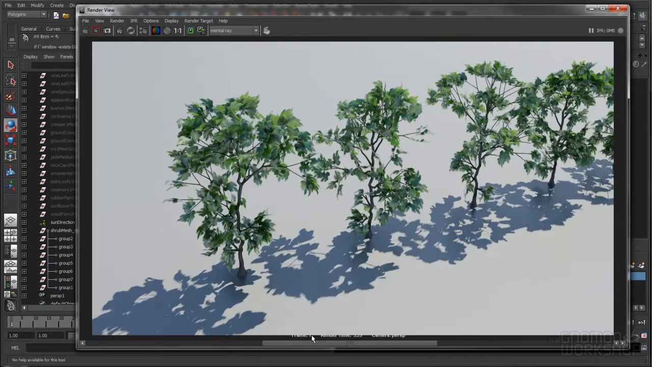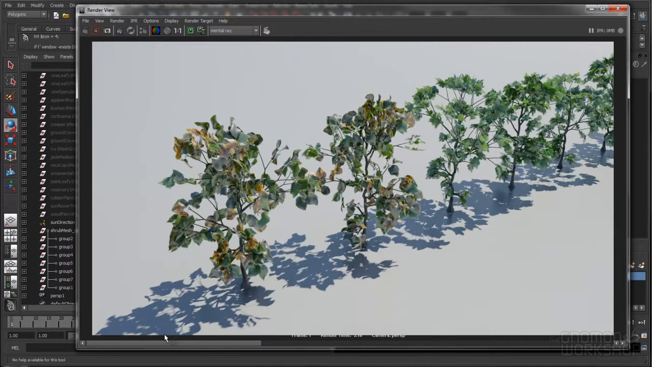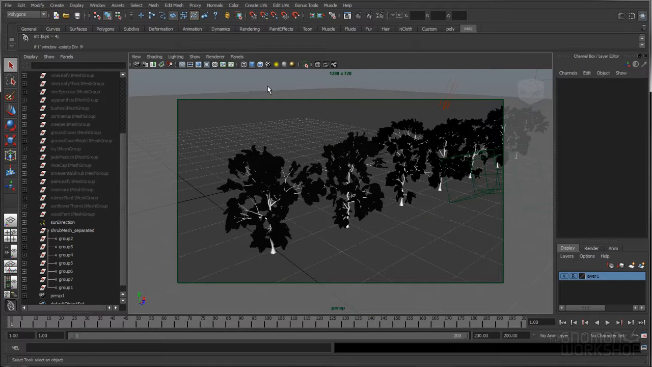So at this point we've seen how to do a two-sided MIA material with the MIB two-sided, and how to use a useful script to break up the UVs of your leaves into different groups. And so now the next thing to do is just to take everything that we've learned as far as creating plants and MIA materials for plants, and going back to our